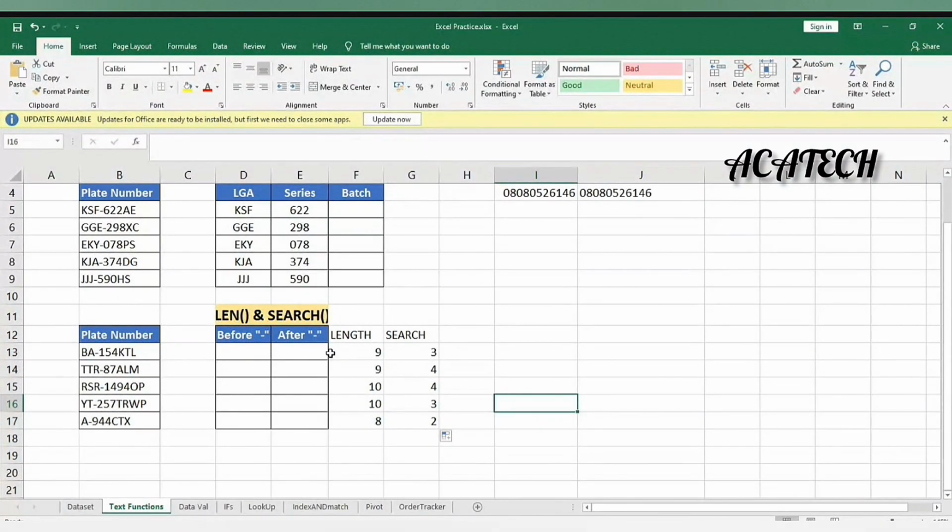Now you can see that it's showing you the index number. In Python, we'll call it index number. It's showing you the index position of where the character you are looking for, which is the hyphen character, is. The hyphen character here is in index 3. Here it is in index 4. Here it is in index 4. Here it is in index 3. So now with this, you can extract